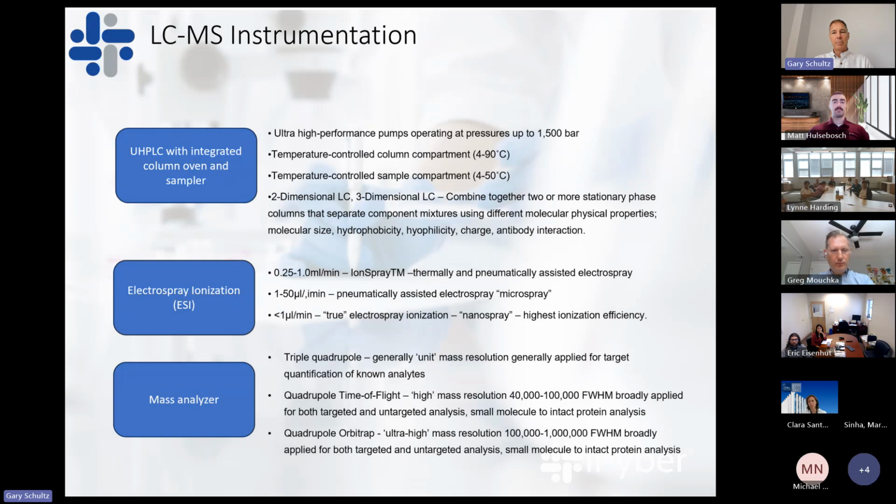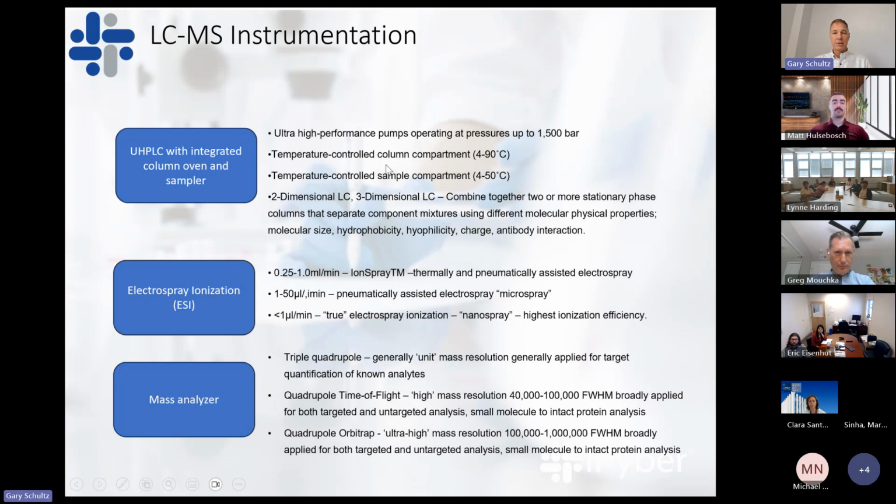But the real benefit in addition to that is the system integration, integrating LC systems directly with electrospray mass spectrometry systems. It's really through that close integration that overall system performance has improved dramatically over the past 10 years, and I want to highlight some of those benefits in our talk today.